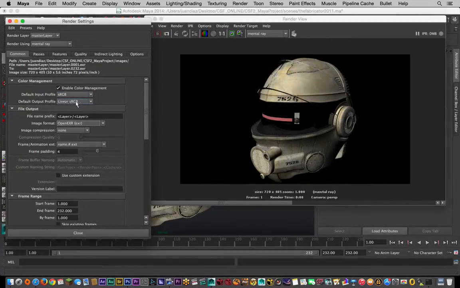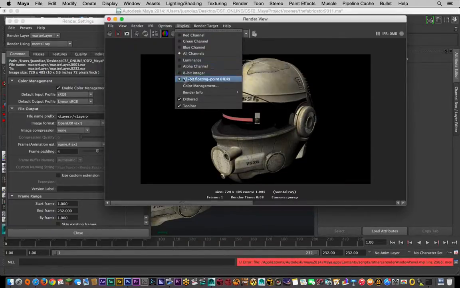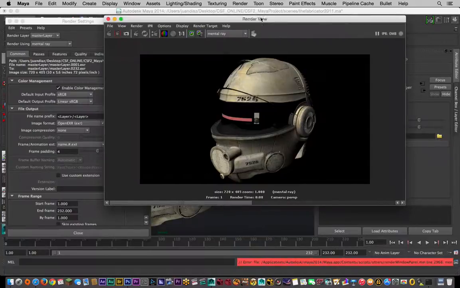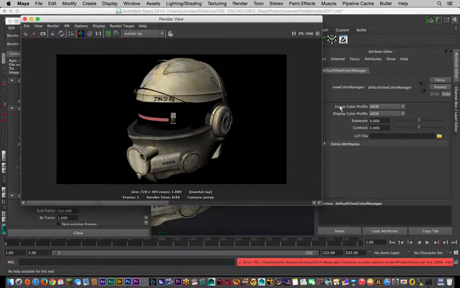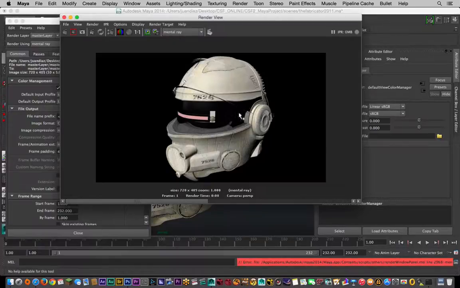Now it's going to be rendered in linear. Okay, that's fine. Now the next thing we're going to do is go to my display monitor, my render view, and make sure that the display is in 32-bit float. That's really important. Then the next thing, I'm going to go to the display again, to color management, and tell it that the image profile is not sRGB, it's linear, because I was rendering in linear, and it's displayed in an sRGB color profile. So now you see that it's washed out